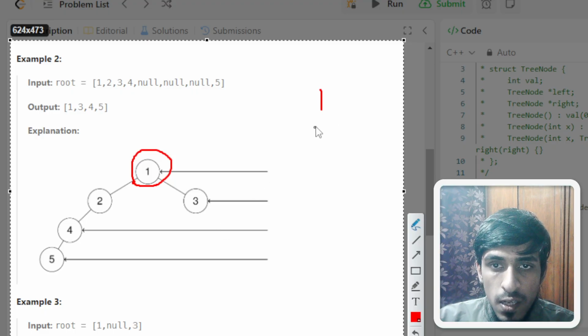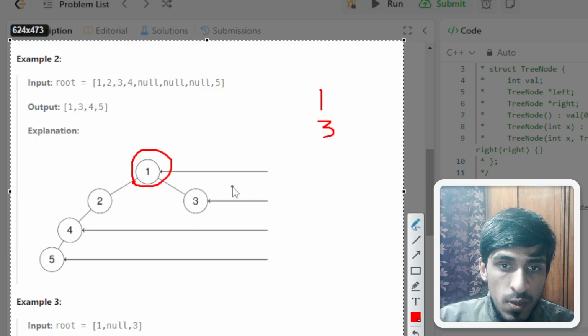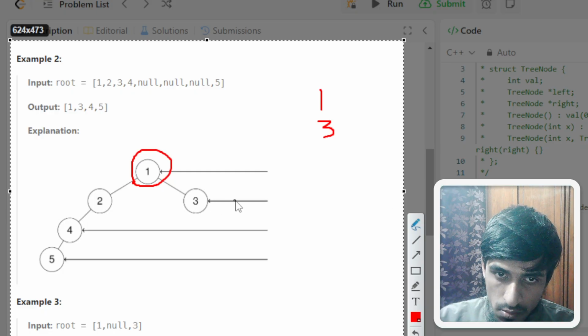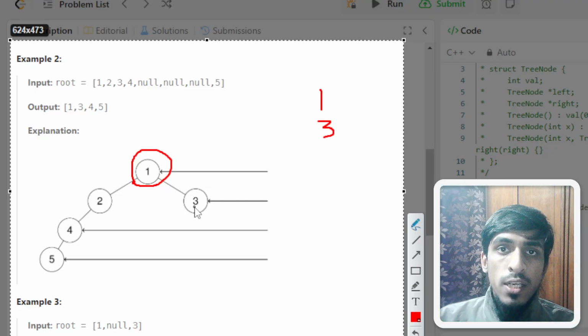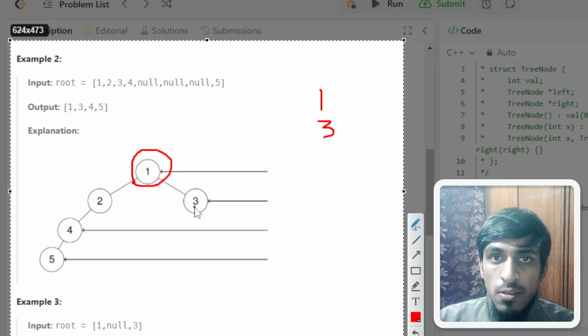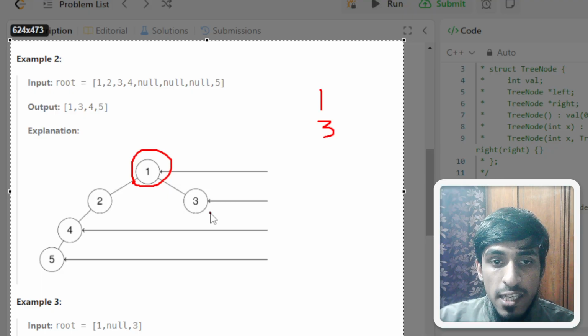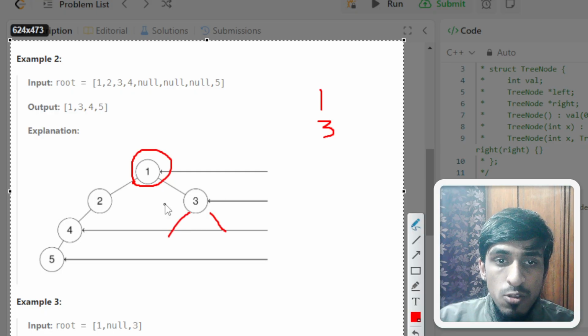So then we will have 3 in the answer as well, because as you can see this is also the most right node. And then if you just go on one side, you will run into trouble. Why? Because 3 doesn't have a right node, 3 doesn't have a left node, so you get stuck that way. That's why you have to